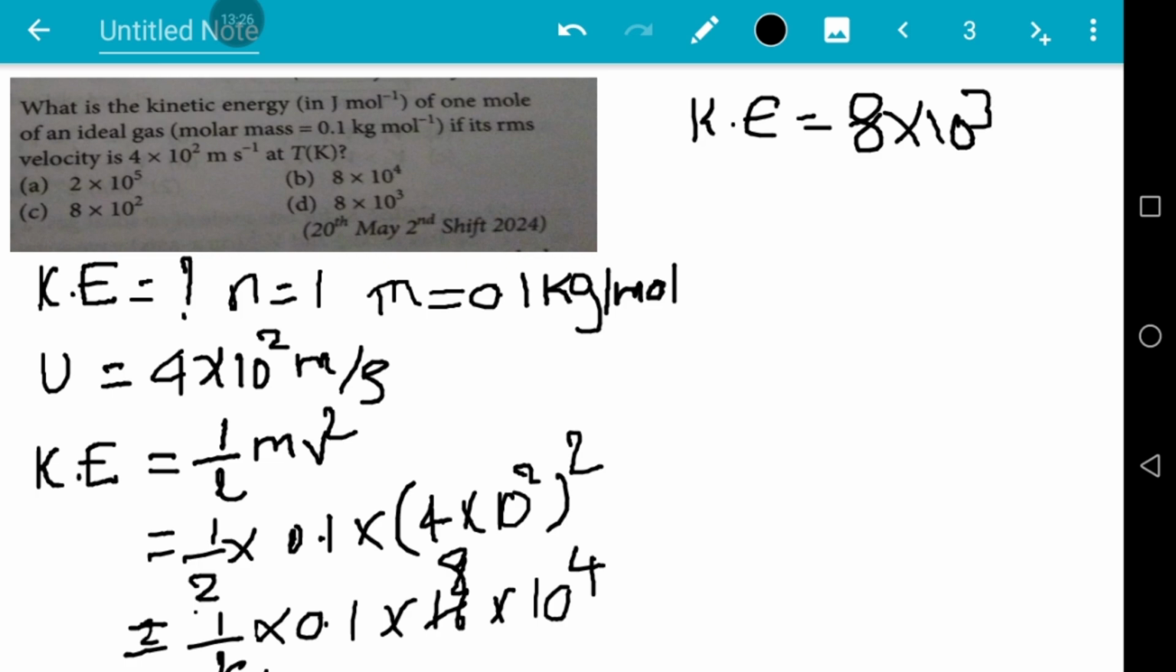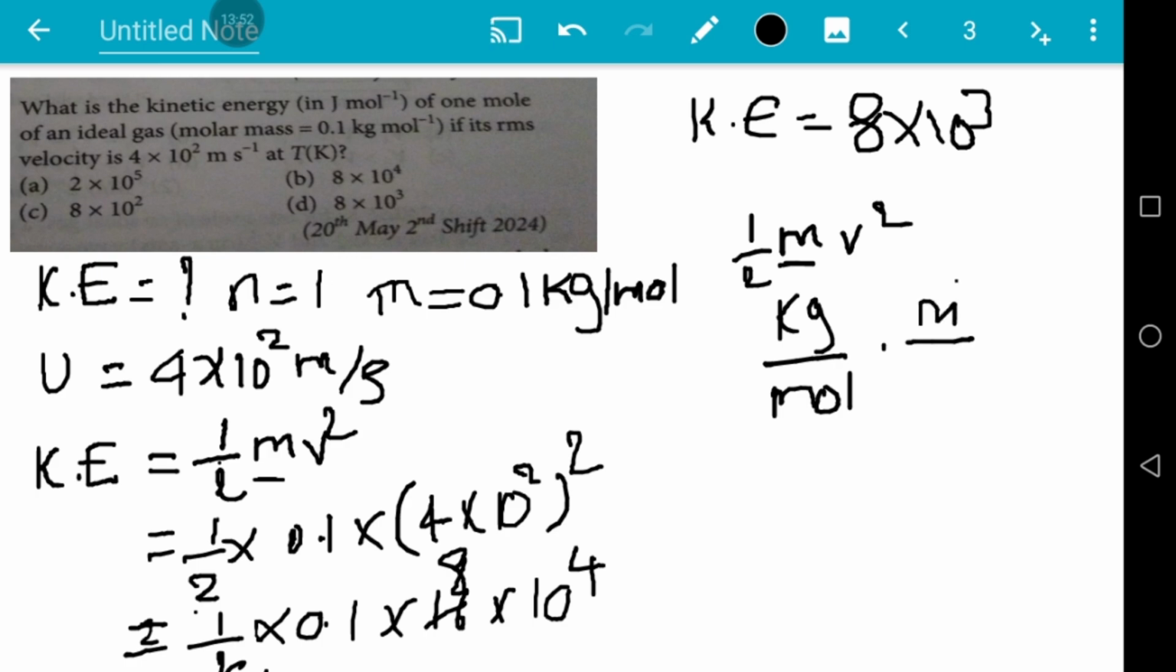8 into 10 cube. Now if you observe the units, they are asking for kinetic energy in joules. So now observe the units. Here, half into mass, the units they gave, half m v square, units of joule. Mass units they gave are kg per mole, and velocity units are meters per second, so square means meter square by